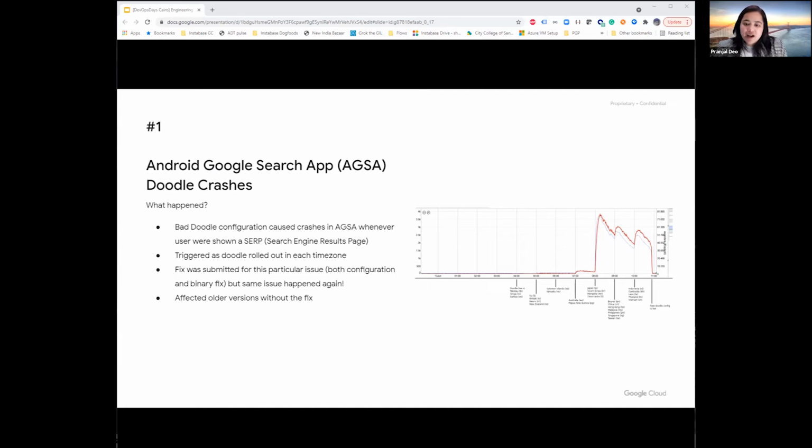Again, the font is pretty small, but what it shows is crash rate along a time series. The reason the graph looks like that is because doodle launches were happening at midnight for every time zone, resulting in crash rate spikes at regular intervals. So the higher the traffic in the region, the higher the spike. This graph, because we are monitoring it, made it easy for the team to correlate issues to a live doodle versus an infrastructure change.